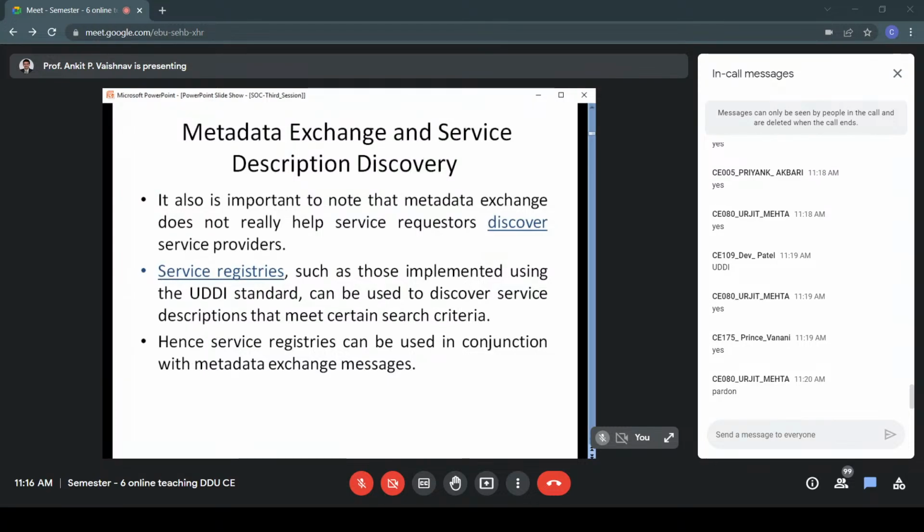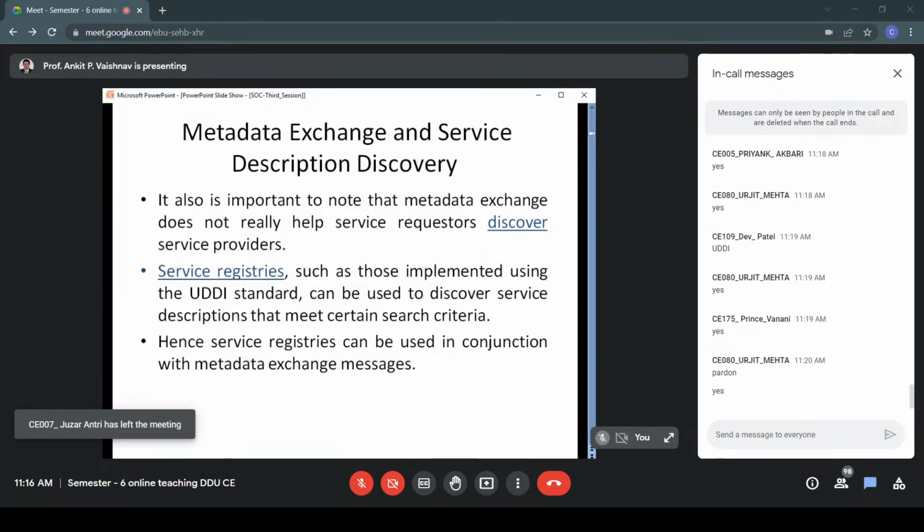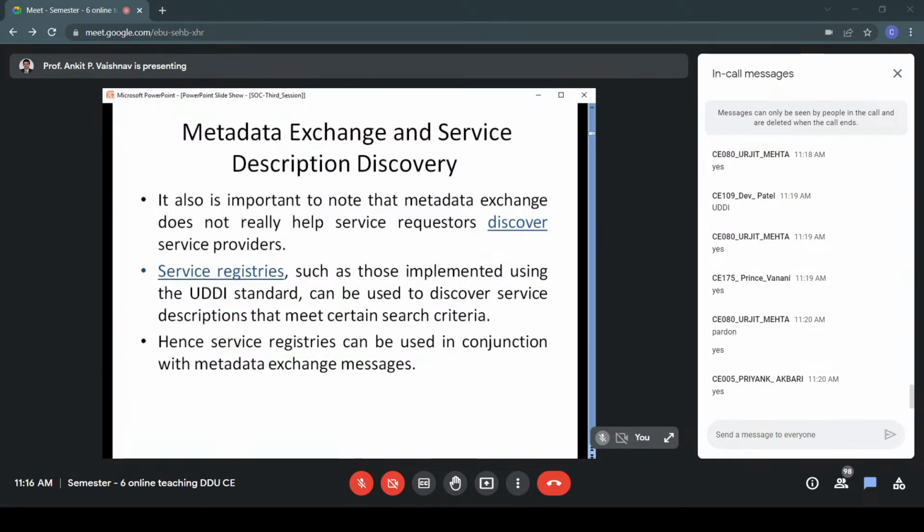Yes, surely. I'll repeat, first we will go through UDDI. UDDI will give us basic information because, if you remember, UDDI may store WSDL files directly, or it can also store references to the WSDL. To put less burden on UDDI, ideally we would say references would be better, so that the size of UDDI is less.